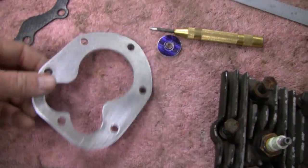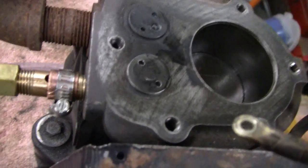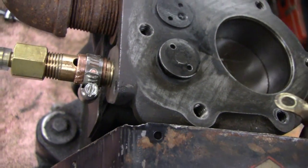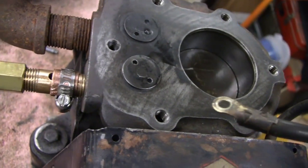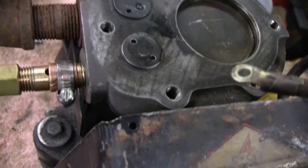Alright, I finished up. I'm happy with the way it looks. Came out nice. And I was putting it up here up against the valves. You can see, I'll let you focus in there a little bit. You see the valves come up a good bit. More than you would think. And they are set the way they're supposed to be, to spec. So when you stick the